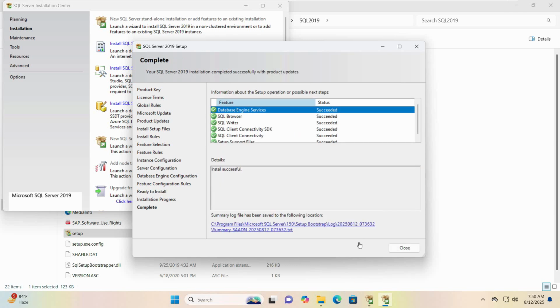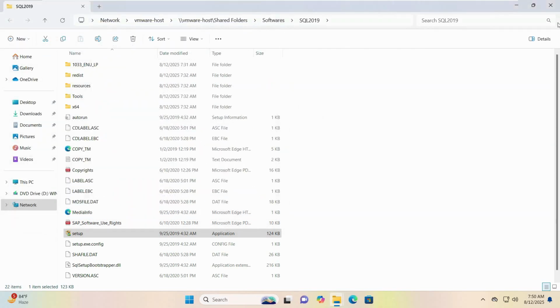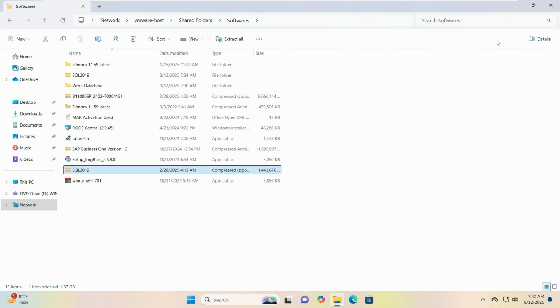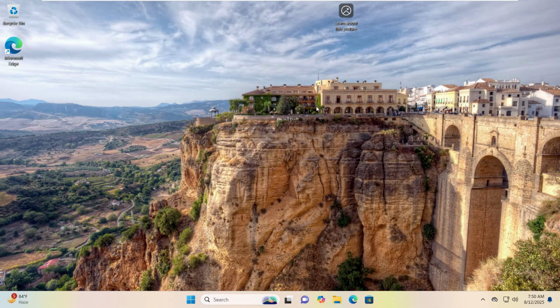Click install. And once the installation is done, you will see this status report that is shown, which shows whether every single app is successfully installed or not. So all of them are successfully installed. Click close. Click close. And after that, if you want to install SAP Business One, make sure you restart your PC. So this is how you can completely install SQL Server